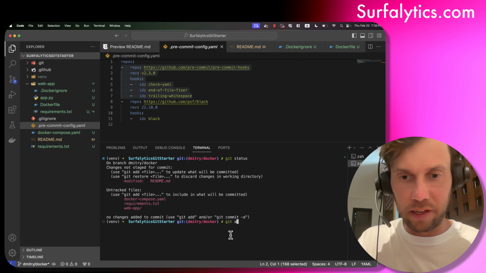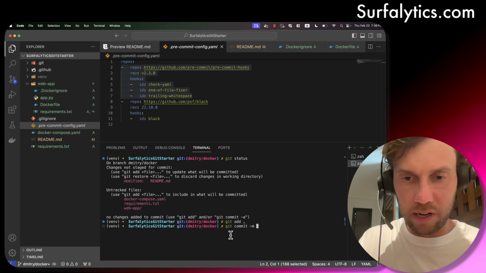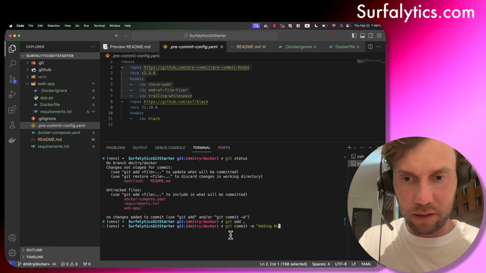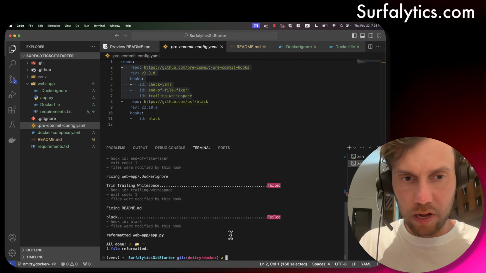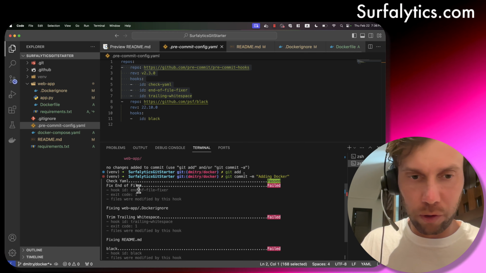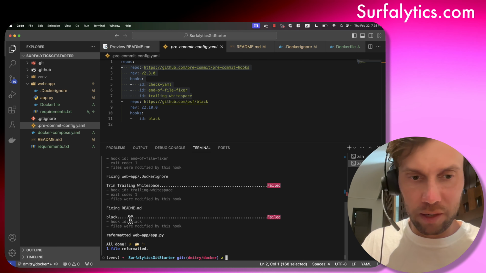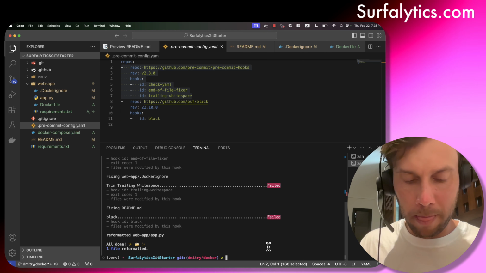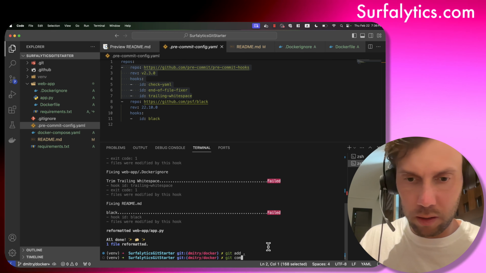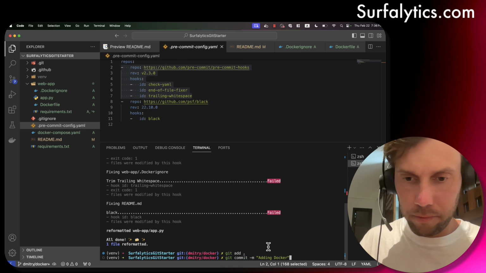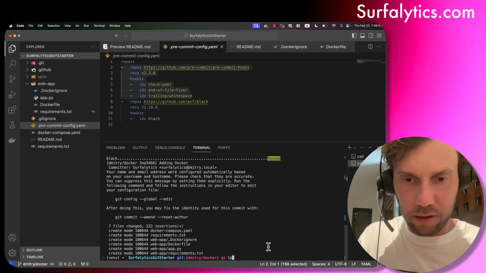So if I say git add, then I will do git commit -m adding Docker. You see, it's the pre-commit trying to force, so it's changing my YAML files, removing trailing spaces, even a bit of modifying my Python file. So with git, we should add again. Git commit -m adding Docker, git push,